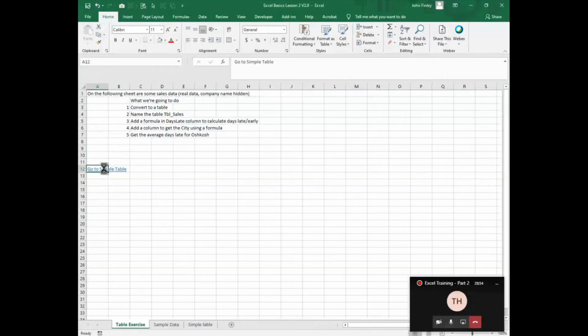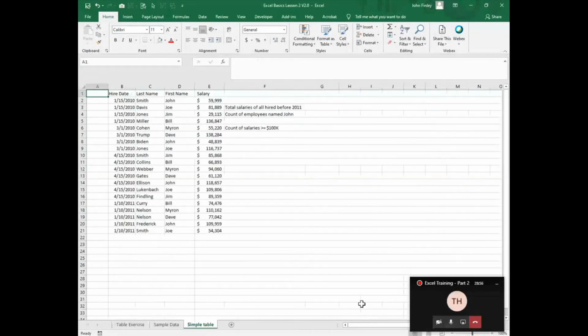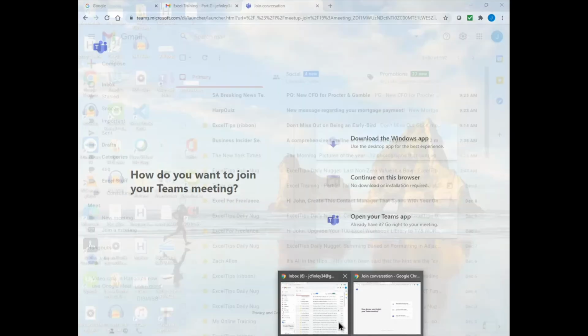And I'm going to go here to a simple table. So here's something from the HR. It has a hire date, it has the first name and the last name and their salary when they were hired. Now, this is not a table yet, but I could calculate all these things with some formulas. Those formulas are a little long and involved, but we're going to show you an easier way to do it with tables. So now I'm going to go back over here to